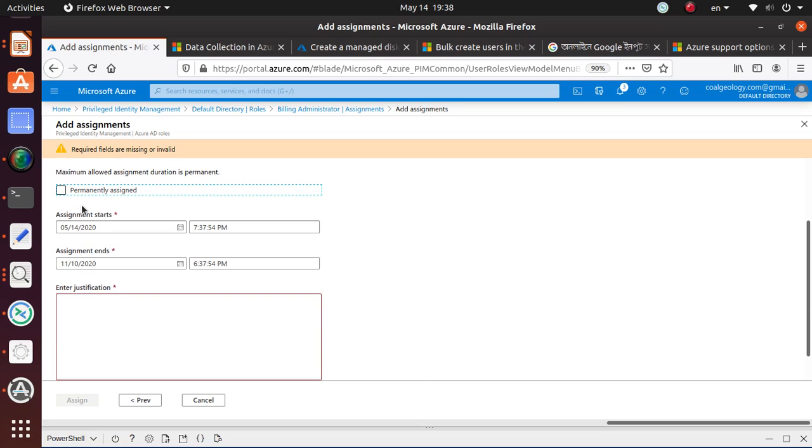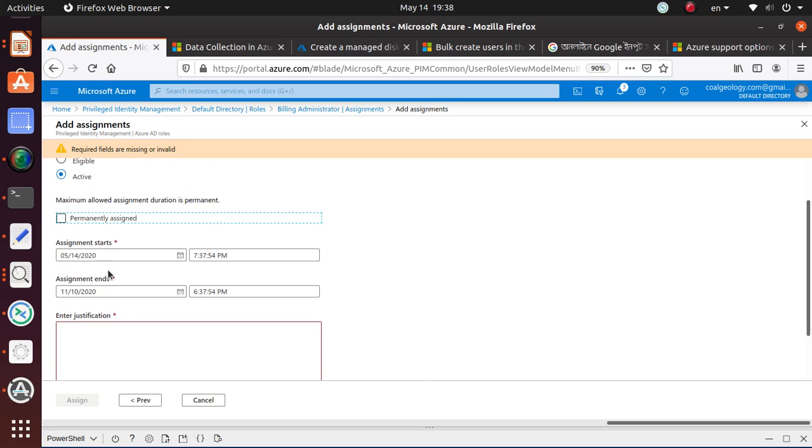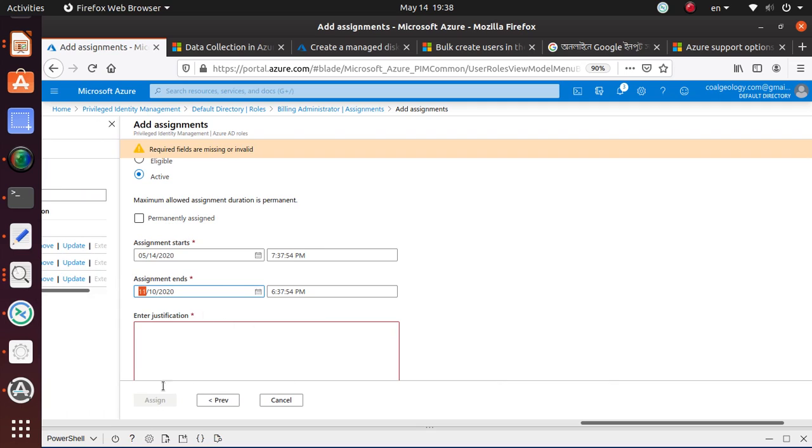So it's permanently gonna be active, and he does not need to take his role. Once he logs in, his role will be activated already, but I'm gonna make it eligible for only a month maybe,